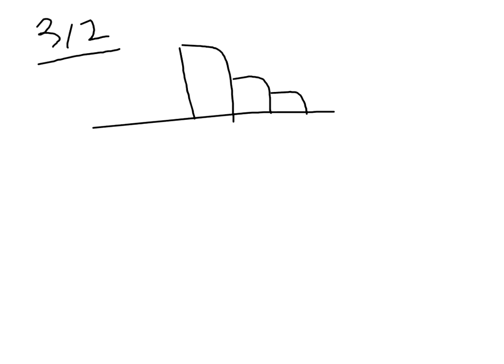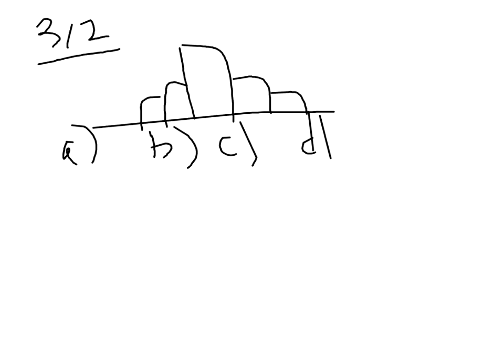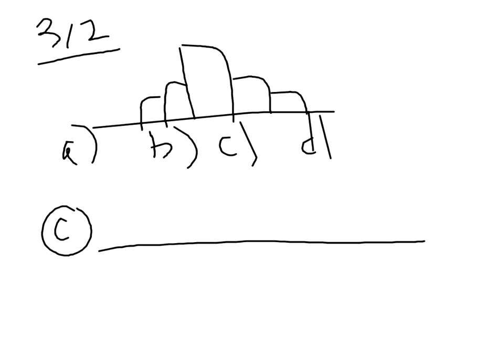this shouldn't come as too much of a surprise because I've been saying this pretty much since the beginning of the class, but you may recall that we started off just drawing some bar graphs. We called them histograms. And if you notice at the top of page 312, they have four different graphs, A, B, C, and D. And in particular, if you look at the C graph there,